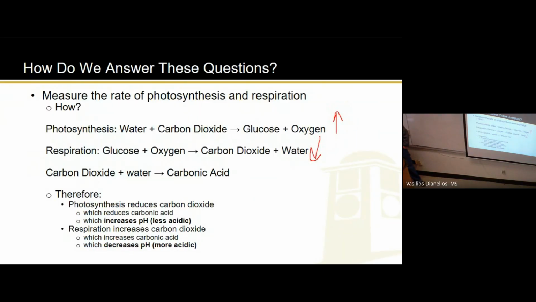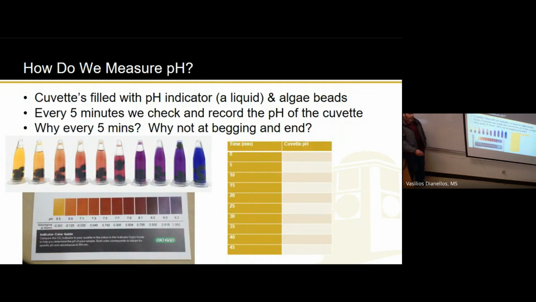So how do we do that? We're going to have these cuvettes, and luckily for us, he already brought them in because they don't look exactly like that, but they look similar. Instead of being round, they're these little cube-looking things, hence the name cuvette. But other than that, they're the same. They have little algae balls in them, which you might or might not be able to see when we're done. Feel free to look around in this cart. And they have liquid in it.